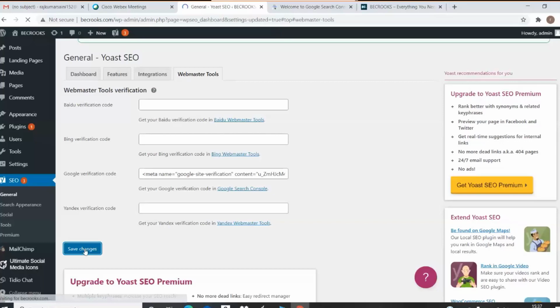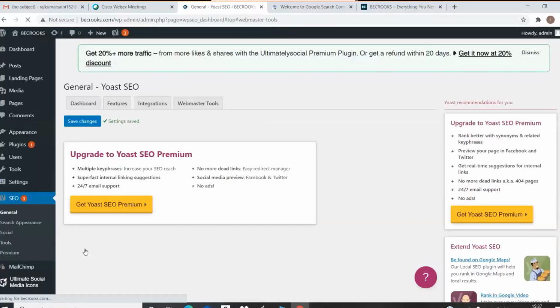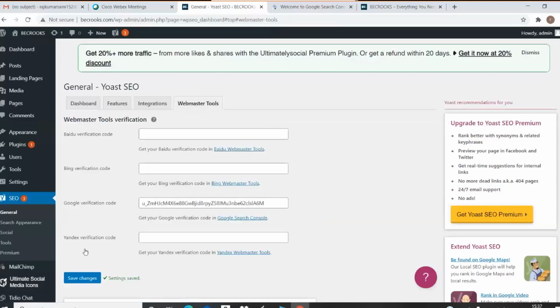So now they have already given you a place wherein you just need to simply insert this one line of code, whereby it will recognize that you are the website owner. Google's Search Console is going to recognize you by checking your website, whether this line of code is there on your website or not. By putting this one line of code into the Yoast plugin,